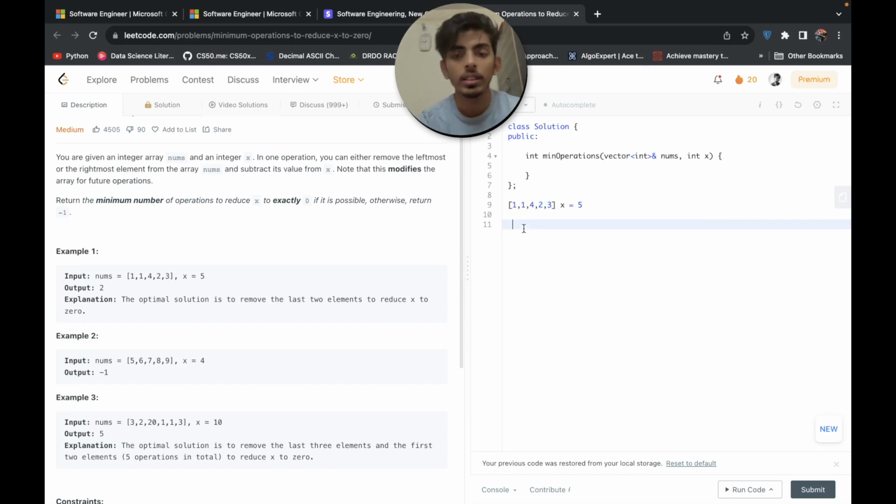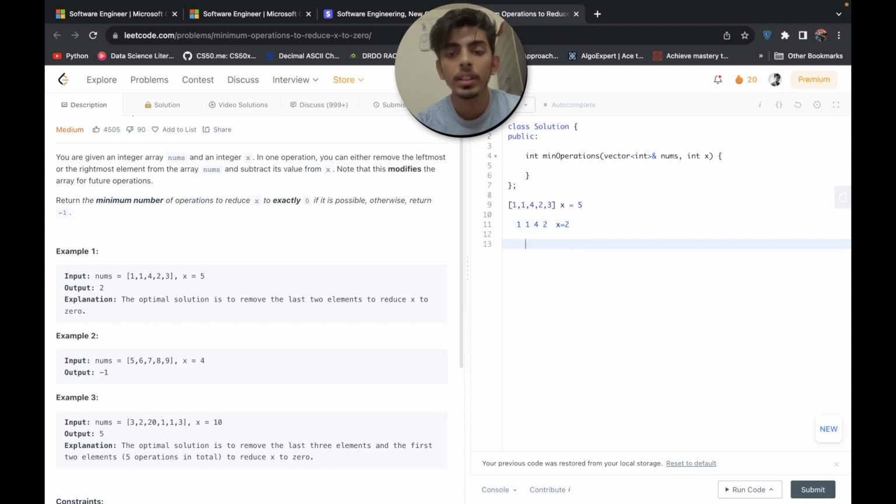Let me explain this. If we have two options, let me write this 1 1 4 2. If we first consider deleting 3, at that point our x will be 2. So now we will have to pick either this or this.